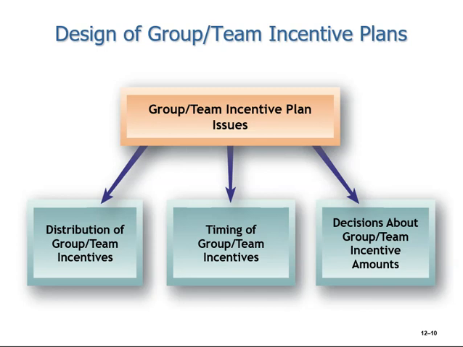You also want to consider the timing of the incentives. When are you going to give the incentives to the whole group? And you want to do it at a time that maximizes the most motivation that you can generate by offering the variable compensation. And then you want to think about the decisions related to the incentives. For example, does everybody in the group get the same reward? Should some group members be rewarded more than others? Should some group members not be rewarded at all? These are very important questions to ask yourself and to make sure you think about all the possible dynamics with it, because it could lead to a host of bad outcomes if done incorrectly,